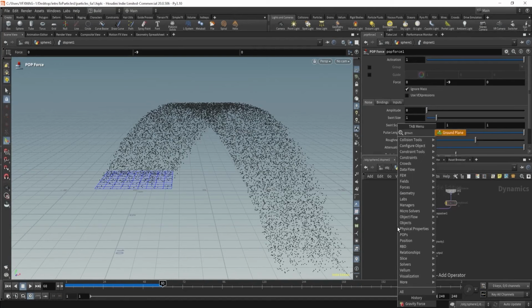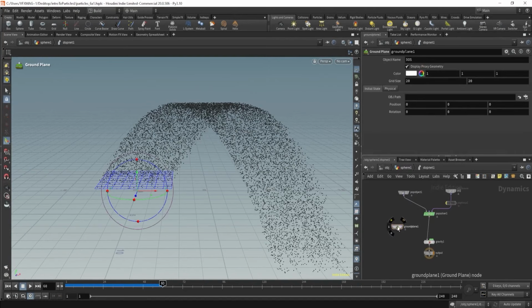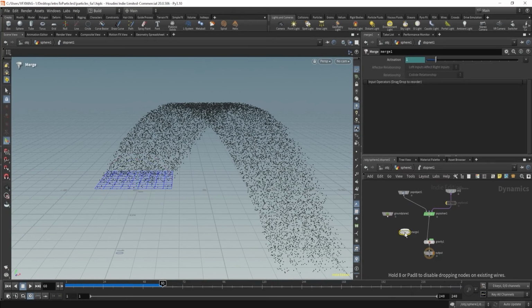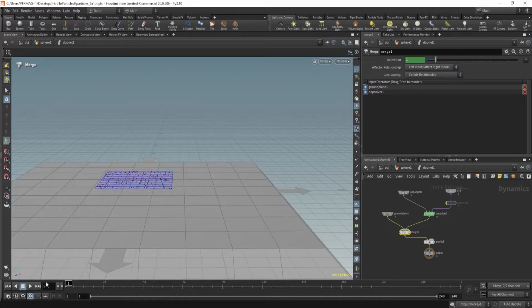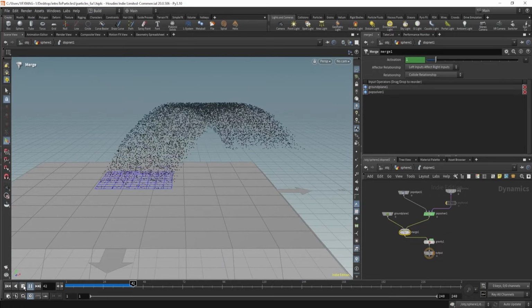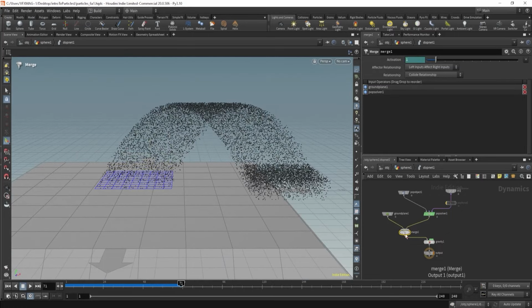Let's start with ground. And how do we connect these? We have to use merge. Here it's written left input effect, right input. Let's connect this to check it. And yep, now it's working. And here we have option mutual also, so it doesn't matter where it's connected, but it's